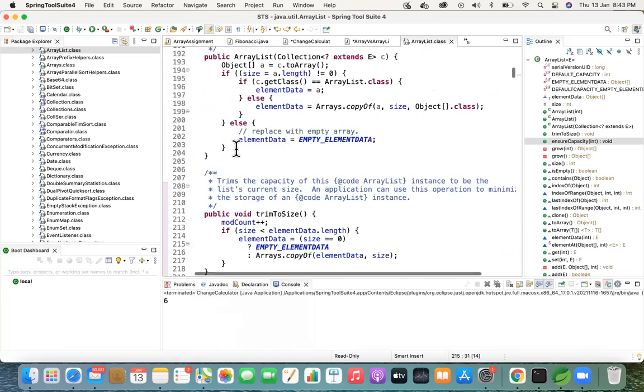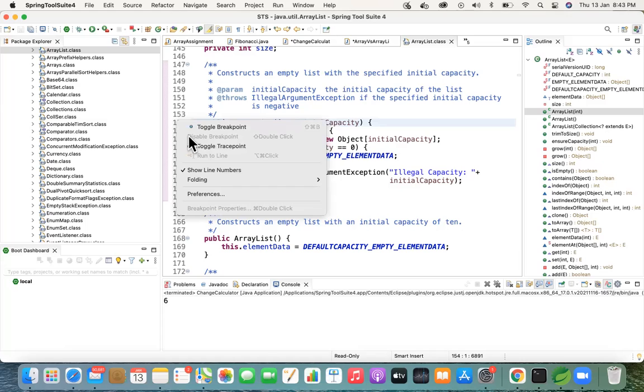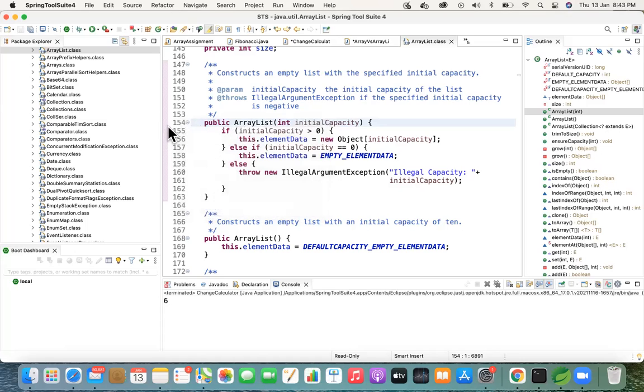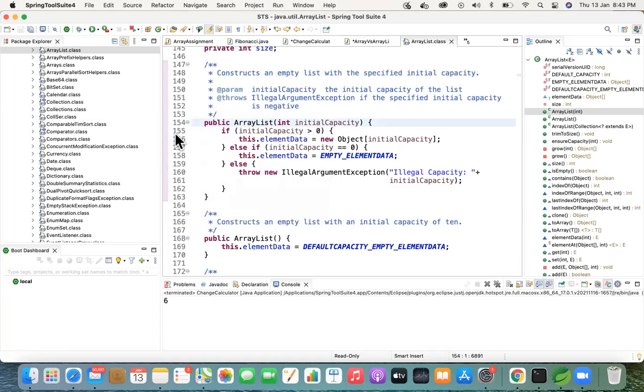I think it's at the top. Yeah, just keep a debugger on line 155. Just double click on your left before line 155. You have a pink line, right? Yeah. So now also keep one more, yeah, this should be fine.